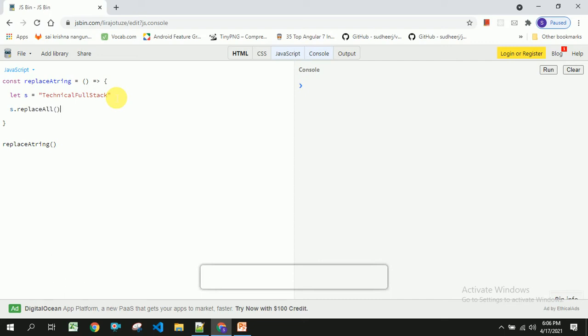So this will take two arguments. One is the intended value what you are going to change, that is I am going to change the character E to F. So let us log this.